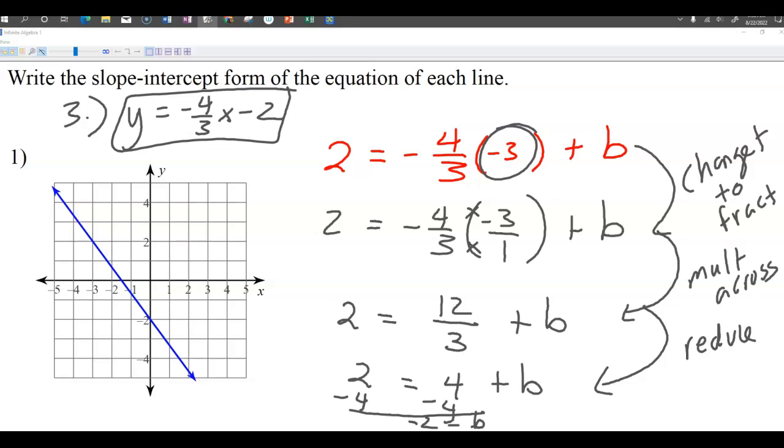I have a question. Yeah. For number 1, what's the point? You can pick any 2 points you want to, but I would go with that guy and the one very top. Or you could go with that one at the very top. So negative 2 and